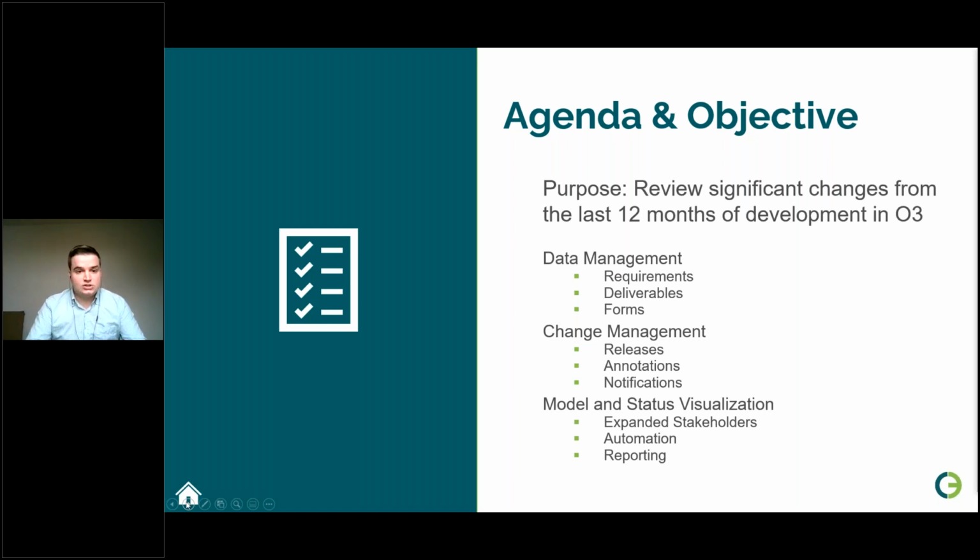So keeping with Duncan's presentation, we expanded our data management capabilities to further simplify the AWP process with additional automation and tracking. We also expanded our abilities for engineering and construction to coordinate and keep everyone in the loop with change management. Finally, we expanded our abilities for everyone to understand how those parts fit together with model and status visualization, through additional model formats, automated packaging, and visualizations. We'll walk through each one of these areas, why they mattered, and we'll show you what changed.